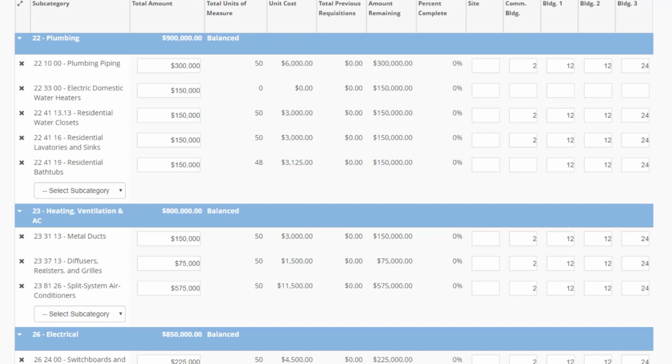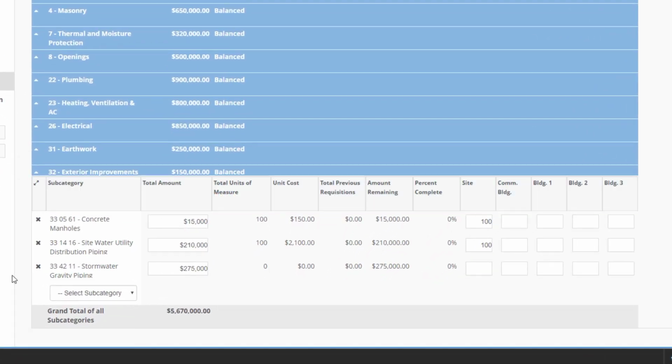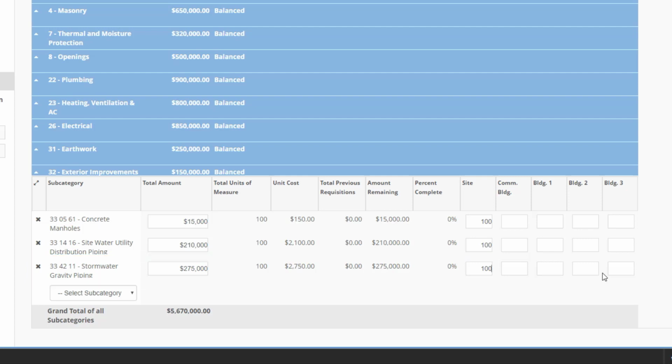They can be used to designate an actual count for materials. For example, if you're installing 12 hot water heaters in building number 2 of our sample project, you'll allocate 12 units of measure. They can also designate a percentage of a larger task to be completed. For example, if you're installing a storm sewer in our sample project, you'll assign 100 units of measure to the site split, which can be requisitioned as a percentage of work completed to date.